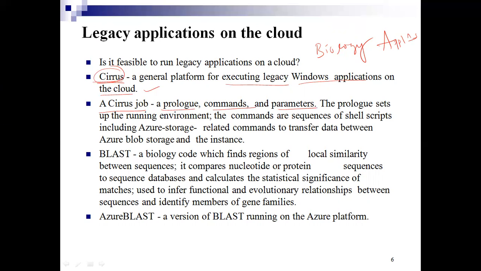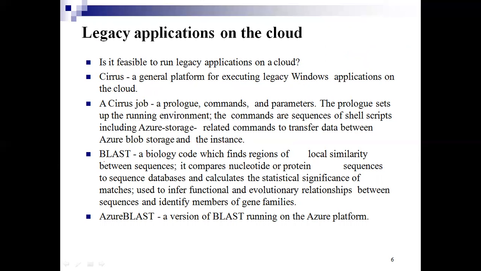The prologue sets up the running environment, and the commands are a sequence of shell scripts, including Azure storage commands. We'll see Azure storage in detail in a further slide. These commands transfer data between Azure blob storage and the instance. Instances are nothing but workers: W1, W2, and there will be many workers.